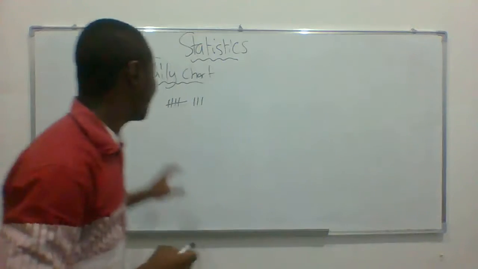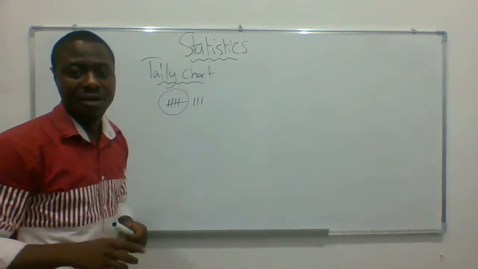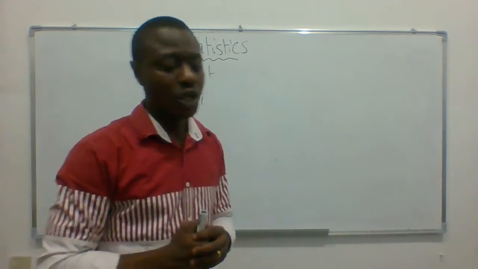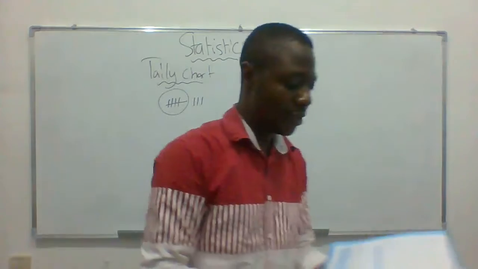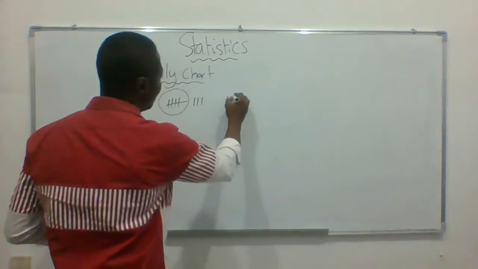So you write the tallies like this. Each time you have 5 tallies, you need to cross them out. You cross the 5 tallies with the last tally. So how many kiwis do we have? There are 3 kiwis. So you will put in the kiwi